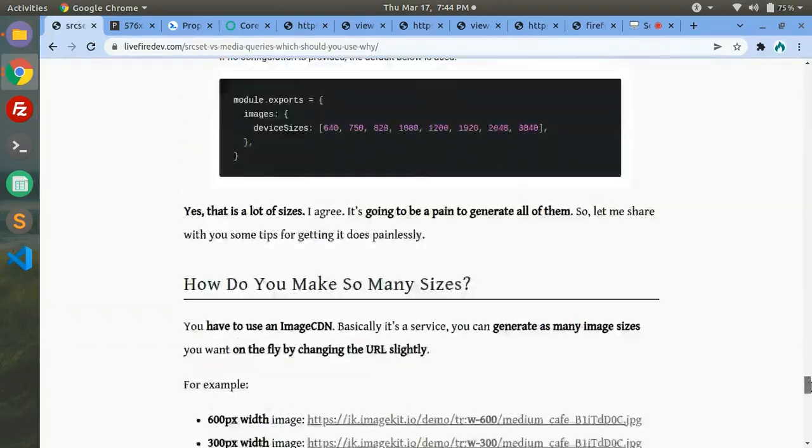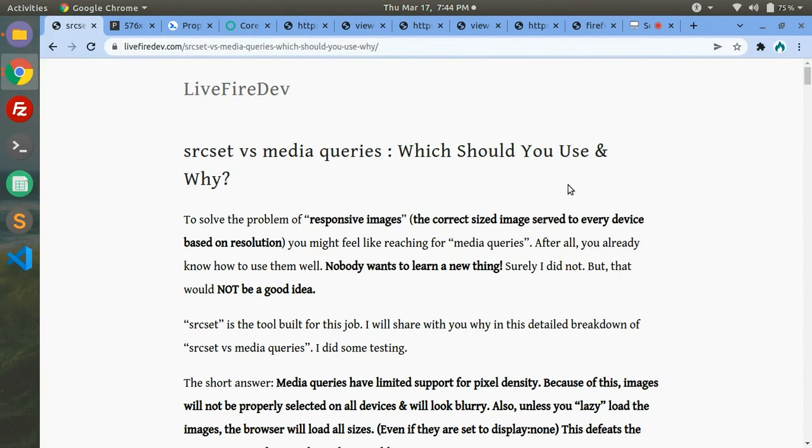I hope that everything that I've put into this article has helped you conclusively answer the question of media queries versus